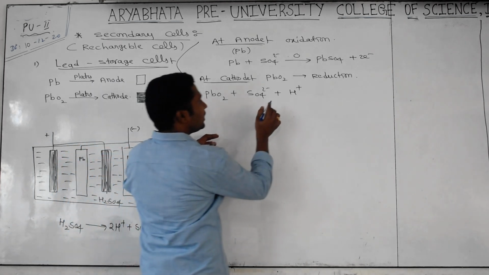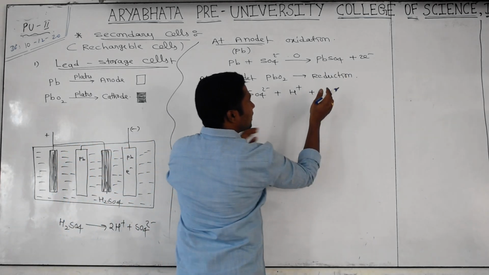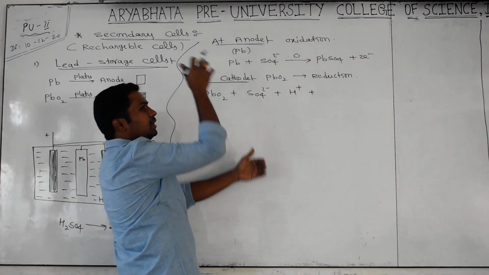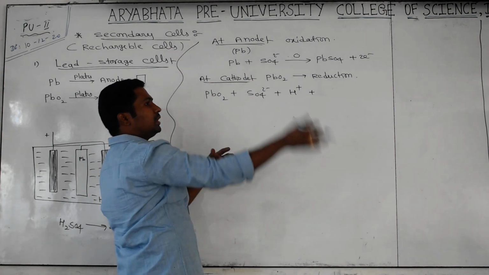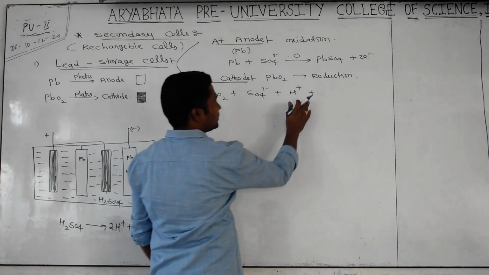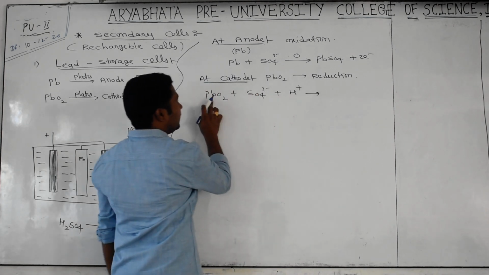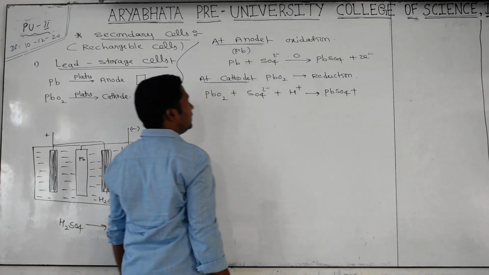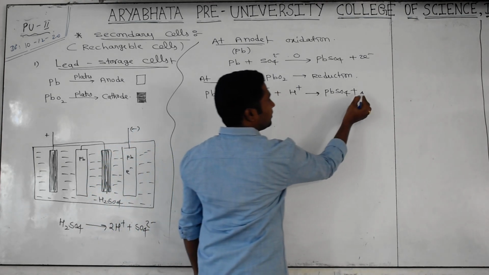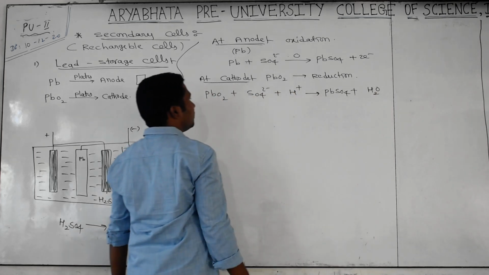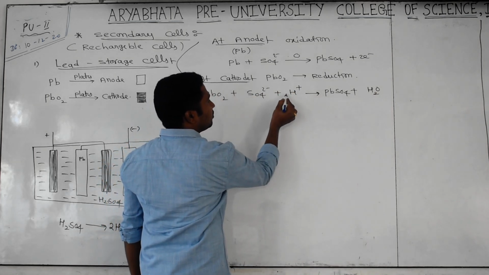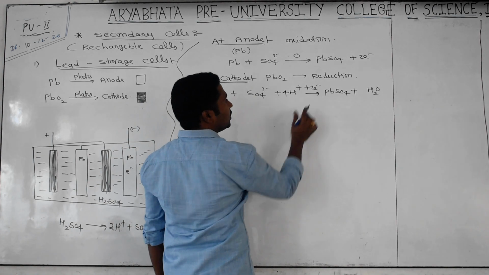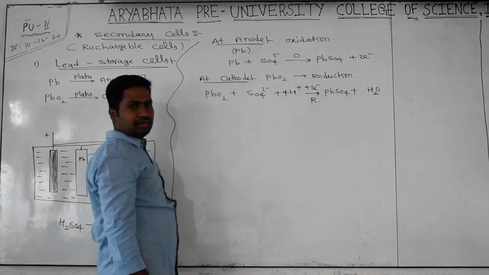Okay, now what happens? They receive those liberated electrons, the electrons produced at the anode are taken by the cathode. Automatically, electrons will be transferring through the outer circuit. The flow of electrons is called current. Now what products do we get? Lead sulfate, PbSO4, plus, H and O becoming H2O. Better to take two water molecules, so we take 4H plus particles and they will receive 2 electrons. The whole phenomenon is called reduction.